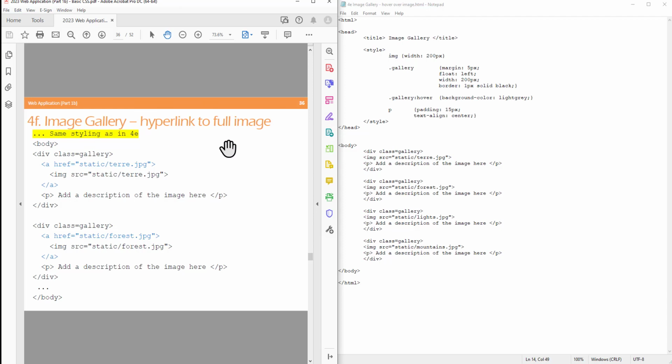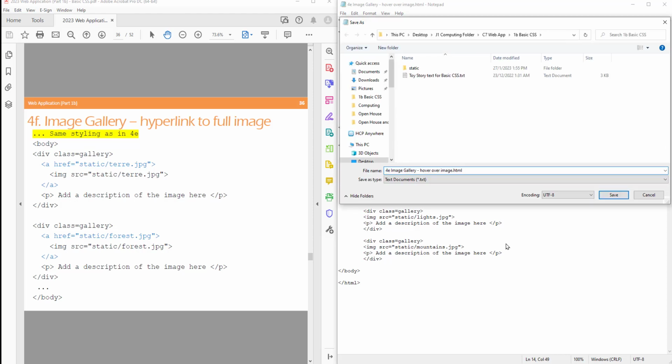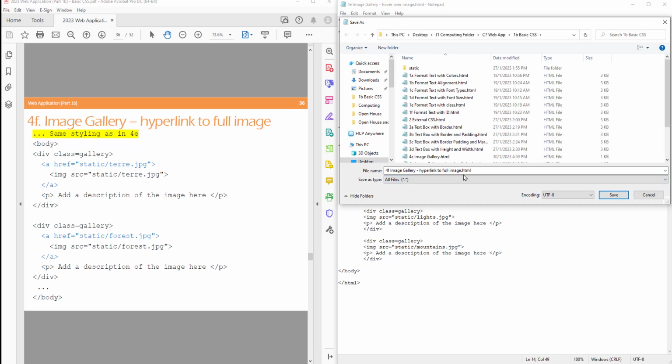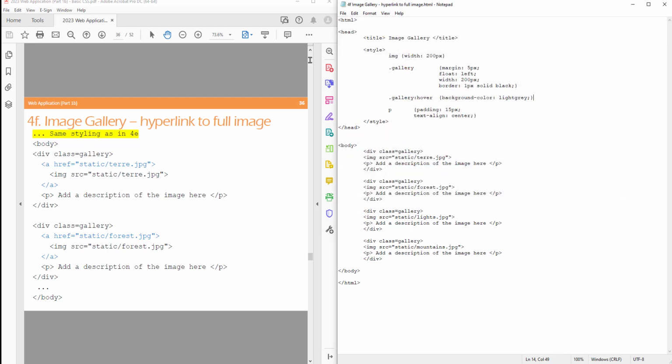Let's add hyperlink to the full image. Save as 4F image gallery hyperlink to full image. Remember to save it to all files, so that's HTML file. Save. So where do we add the hyperlink? We add at the image portion. Okay, for image 1,